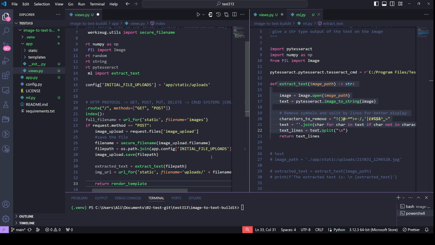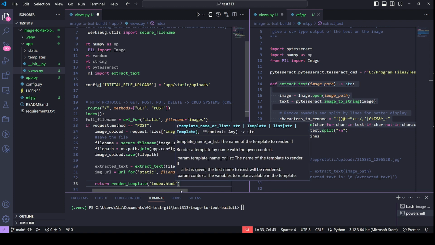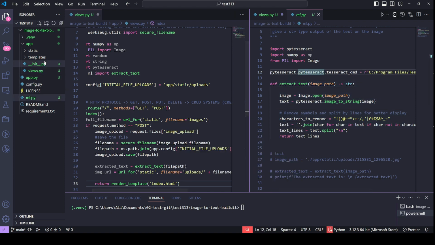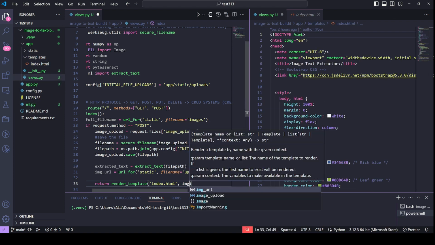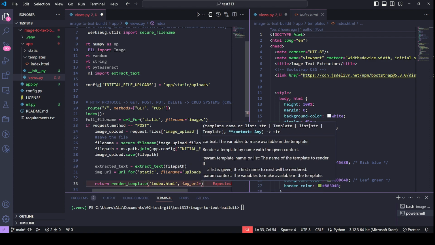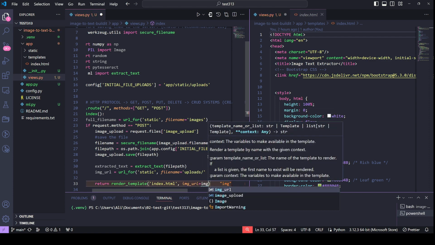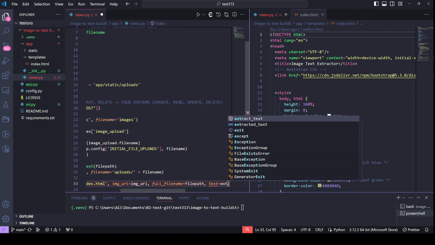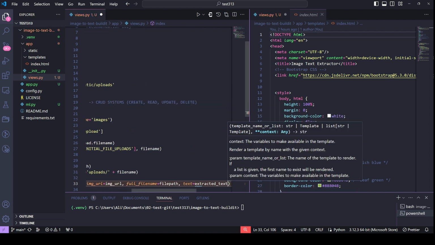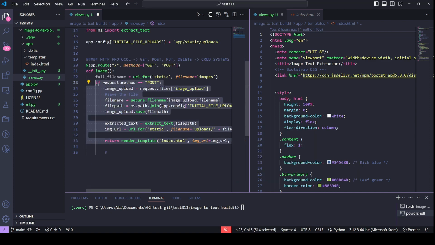and in our return we want to render the template that will be displayed. So we want to render the template of our HTML file that earlier we were looking at. So it's this particular HTML file, and we'll say that the URL is image URL, and the full file name is file path, and the text is extracted text. So we need to pass this back onto our front end,